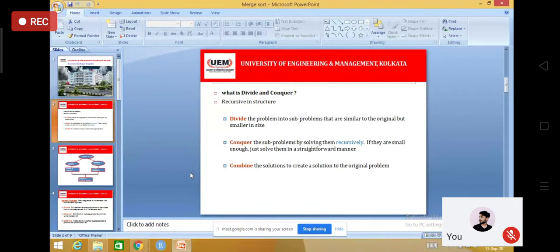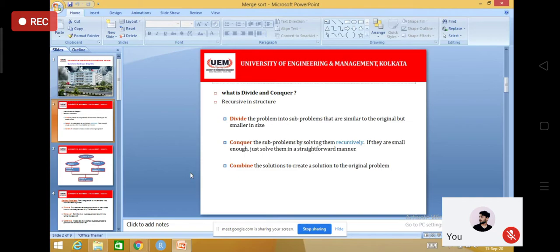Okay. Then we solve. Now, you may say, ma'am, when there is one element, what to do? No, nothing has to be done, as one element is there, it's itself sorted. So combine both. Now, during the combining, you will check the order of the elements and arrange them in